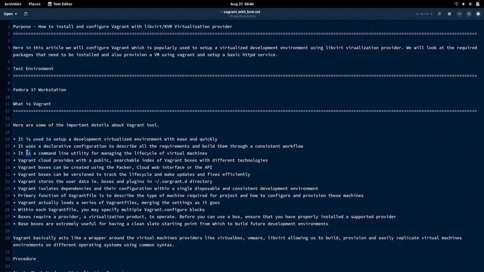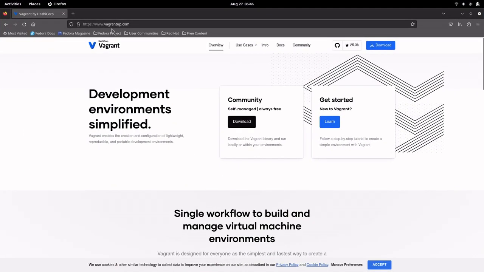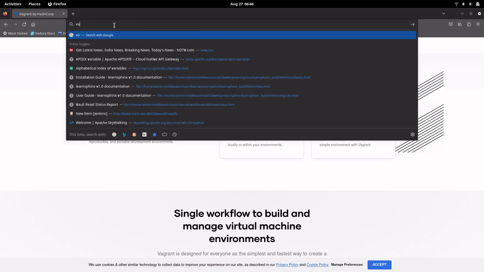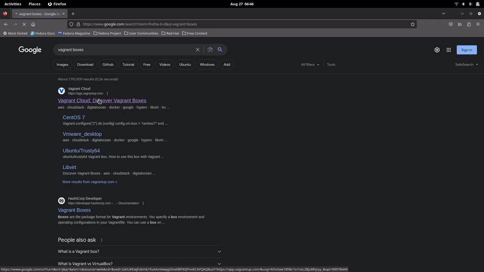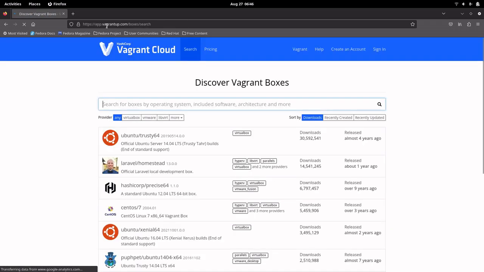in this demo. Okay, in the next step, as you can see, the Vagrant cloud provides us with a public searchable index of Vagrant boxes with different technologies. So what it means is, so let me go into my browser and try to search for Vagrant boxes. Okay, so this is going to take you to the Vagrant cloud boxes page, wherein you will have a list of all the virtual boxes that are available